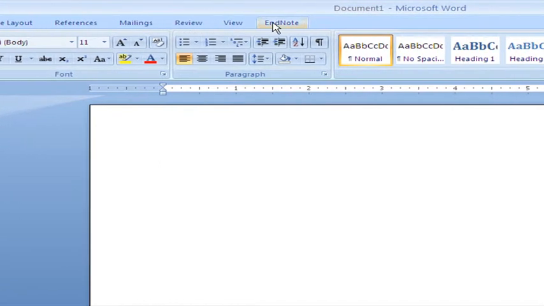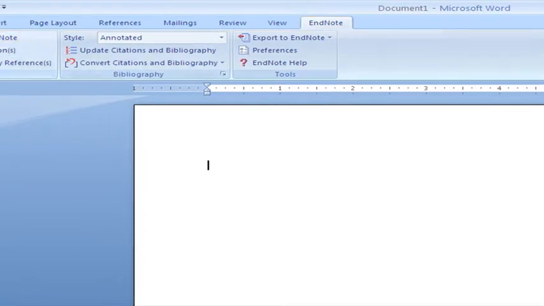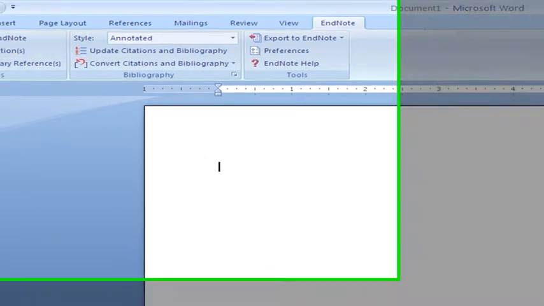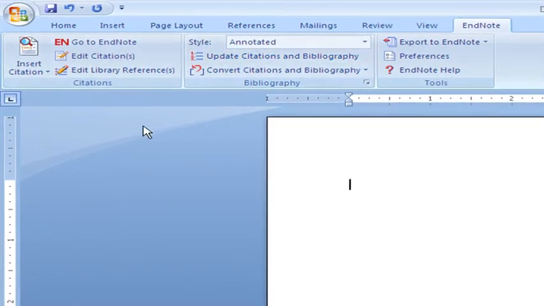You can see that the EndNote button is there. When you click this, this ribbon shows almost all the workable options of EndNote inside Word. So you don't have to go to EndNote again and again, and you can manage your references from MS Word as well.